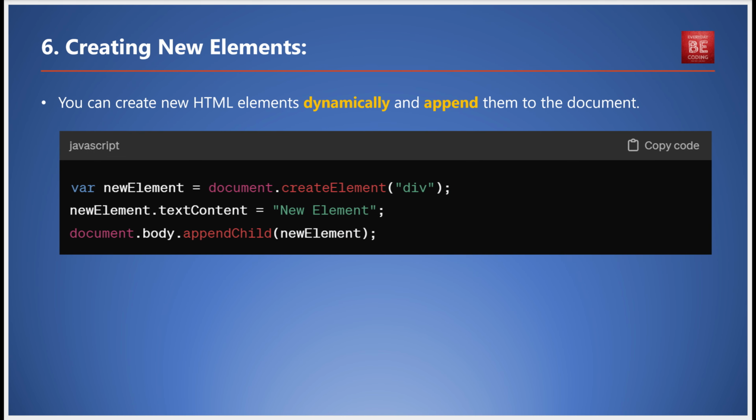Finally, creating new HTML elements dynamically and appending them to the document is also possible. Here's how to create a new div and add it to the body of the document: var newElement = document.createElement('div'); newElement.textContent = 'new element'; document.body.appendChild(newElement);